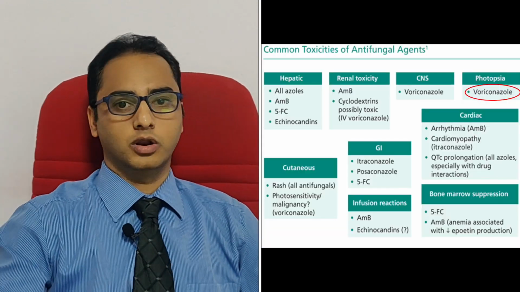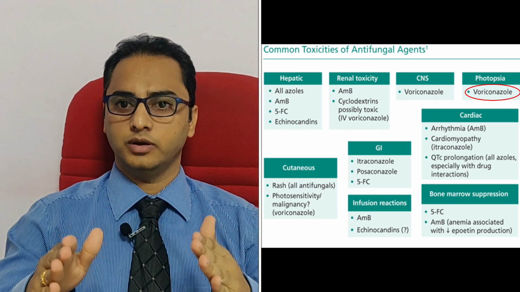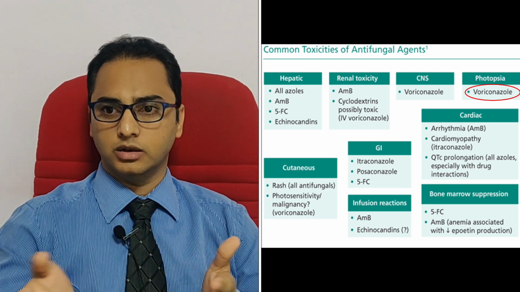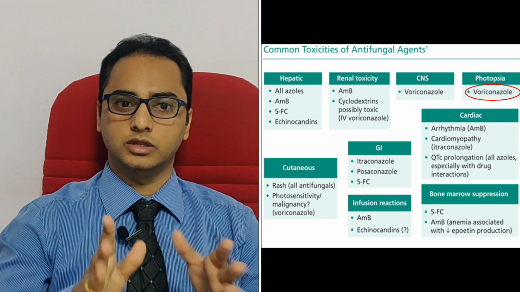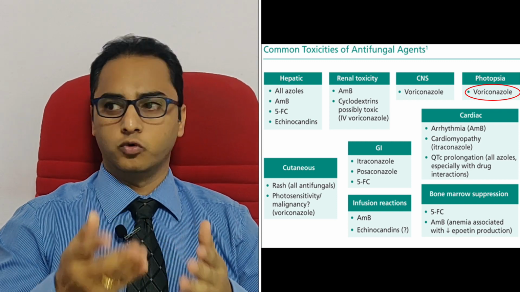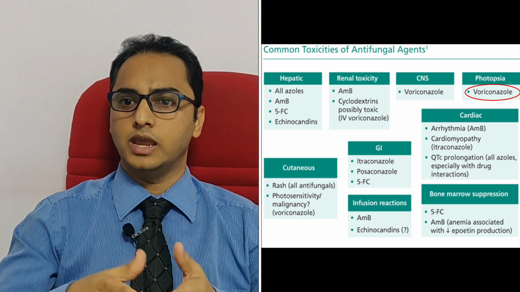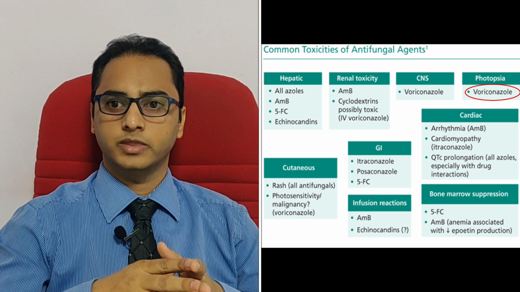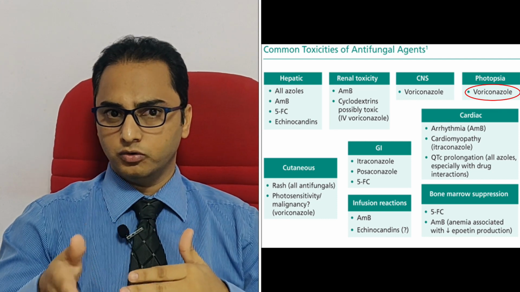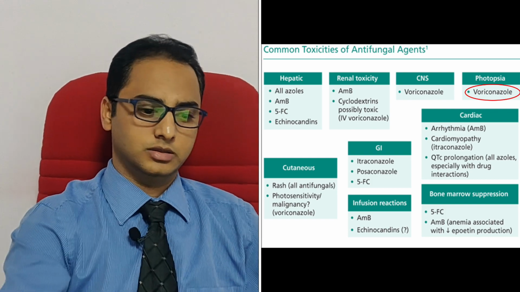Again, this is the overall picture of toxicity. Just go through this slide. Each and every antifungal except echinocandins is going to have some adverse effect. Amphotericin B: nephrotoxicity, renal tubular acidosis with dyselectrolemia. Voriconazole: drug interactions, difficult to maintain the level, photophobia, skin manifestations, transaminitis, some peripheral neuropathy. So all these are named adverse effects when it comes to antifungal selection. You have to be clear on which species they are going to cover, organ penetration, and adverse effects when it comes to antifungal selection.